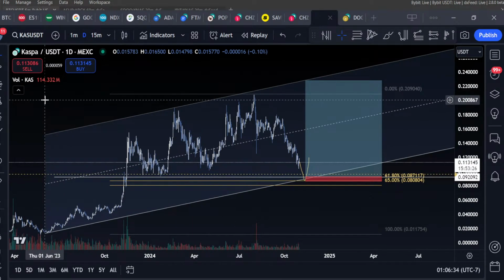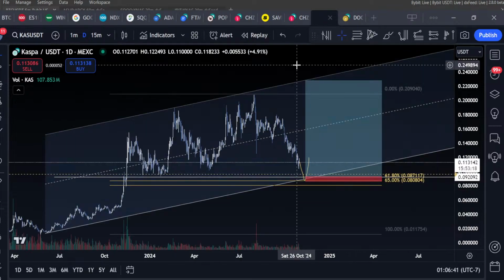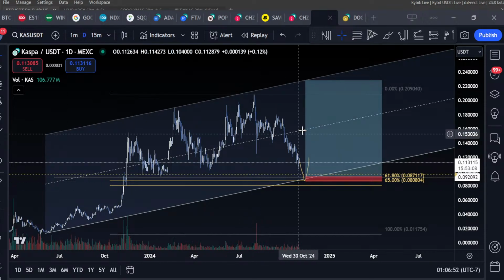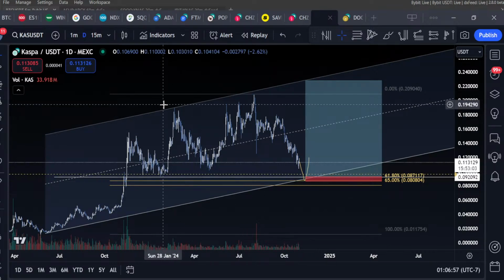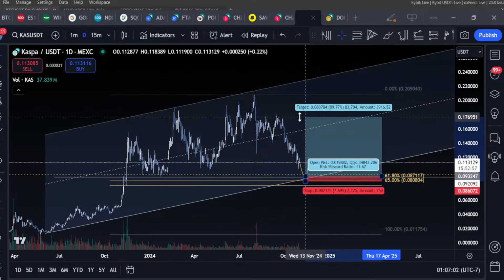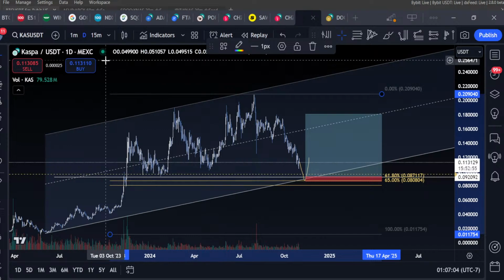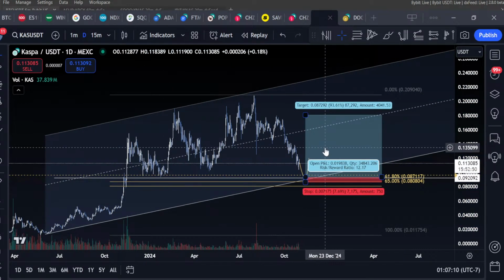I have an alert set there. I haven't shared that in the Discord yet. I will. I have a couple ideas that I'm interested in that I haven't shared yet. Obviously, something like these highs has to be considered seriously for a take profit. But I'm interested in that long, for sure. Just such easy invalidation.